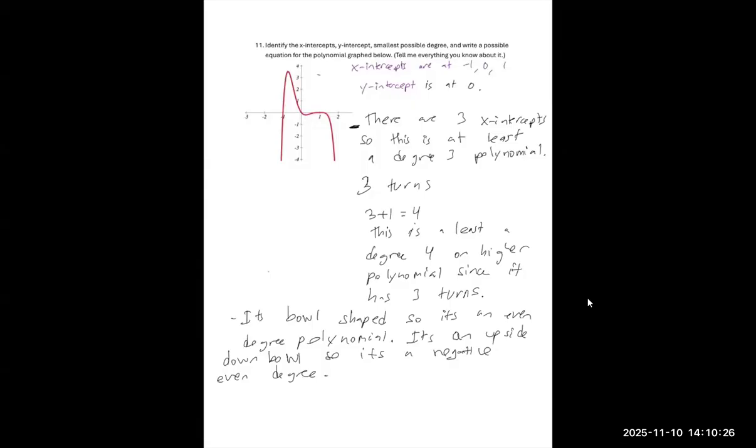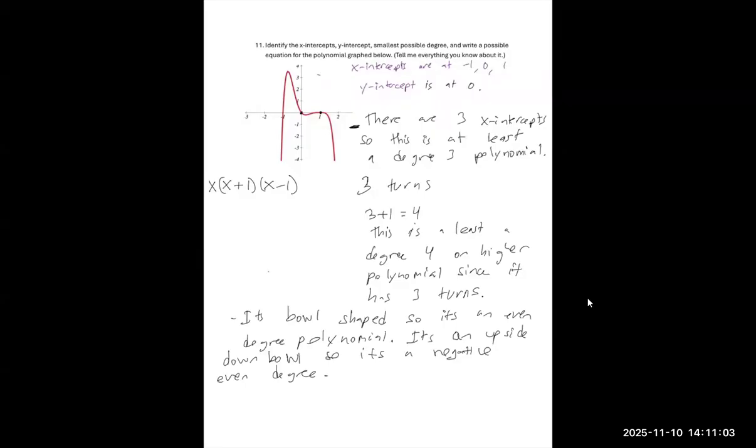So based on the x-intercepts, the fact that we have an x-intercept at negative 1, I'm thinking that there's at least one factor that's x plus 1. That's the only way I could get an x-intercept of negative 1. If I have a factor in this function, then I have a factor of 0. So that's just coming from x. Then I have a factor of positive 1, which would come from a factor of x minus 1. So those are my 3 factors I have for sure